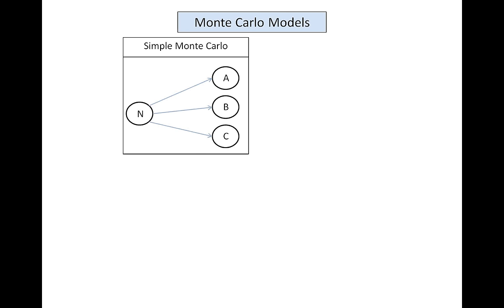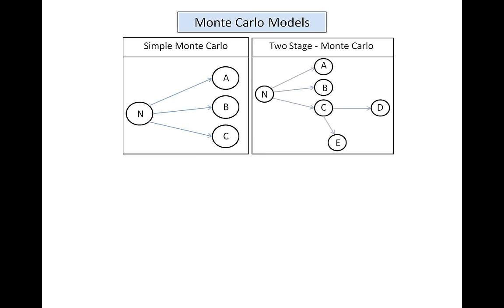The Monte Carlo models, they come in a few various flavors. I've given four here just to give you an idea of how they work on a more simple basis. And really, they all have very simple building blocks, and how those building blocks come together can be extremely complex. This is a simple Monte Carlo model here, where you have this initial start state of n, and then you have 3 different options. You have option A, option B, and option C. And these blue arrows are some probability space over which state n can be state A, B, or C.